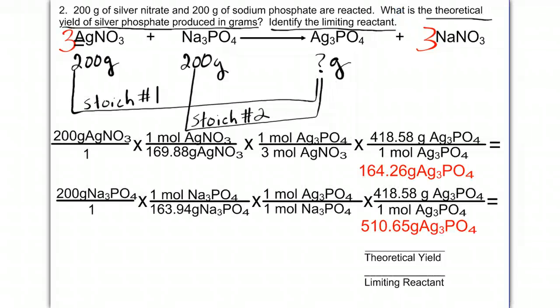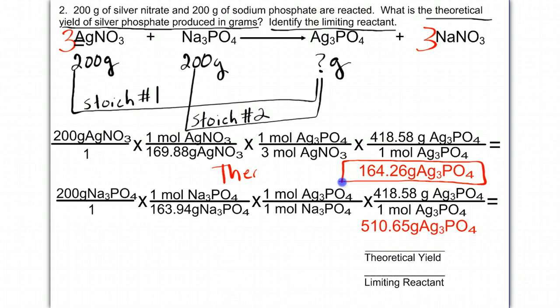And you can see after we have set up both of our equations, we end up with the following possible theoretical yields. 164.26 grams of silver phosphate and 510.65 grams of silver phosphate. So these are both my potential theoretical yields. However, because something has to run out first, I'm limited by the limiting reactant. So the smaller theoretical yield is always going to be the true theoretical yield. So our theoretical yield is